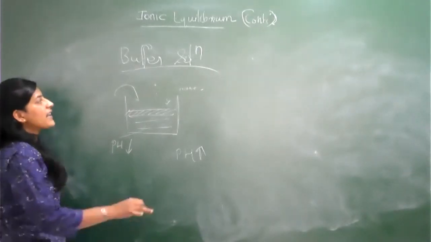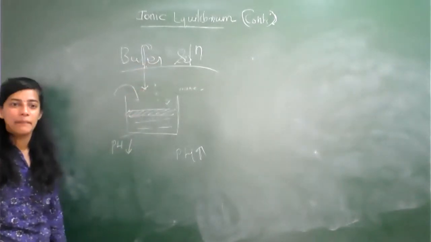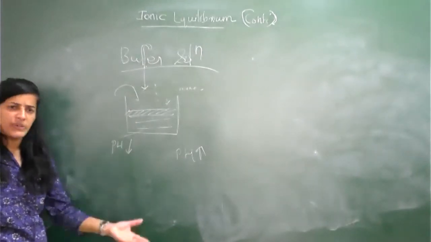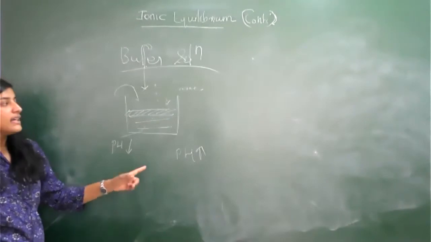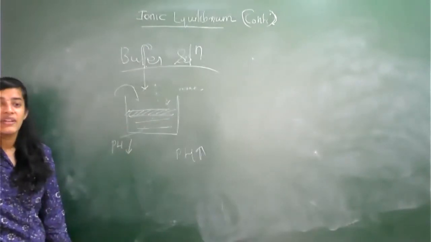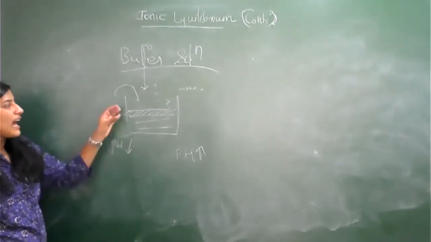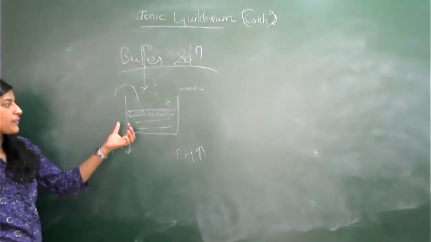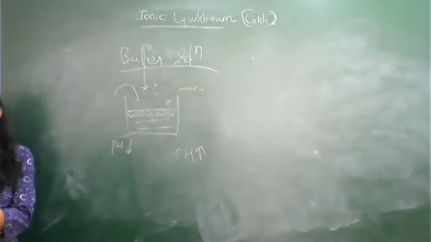Okay. So that kind of solution is called what? Buffer solution. So a buffer solution helps us maintain the pH. Whatever acid or base we add into the experimental solution, no change will happen. There is no variation in the pH scale. So that kind of solution is called a buffer solution, which helps prevent the changes. So we can write down a definition.